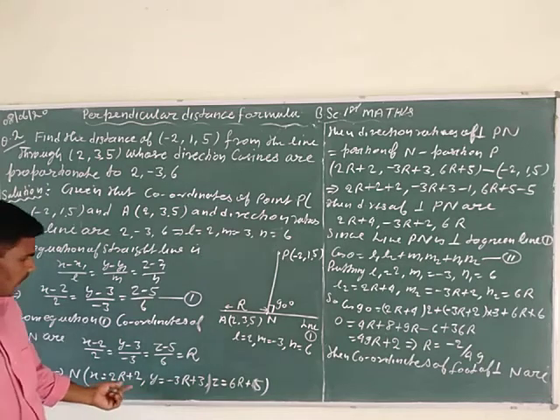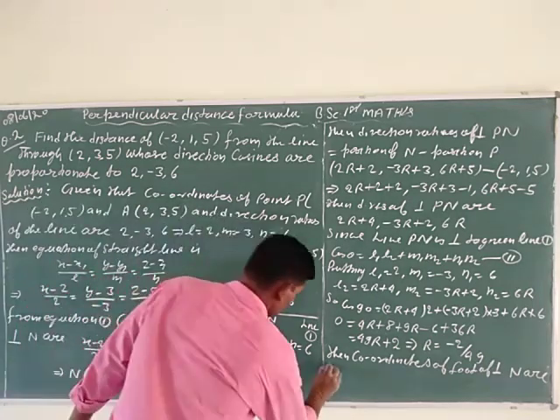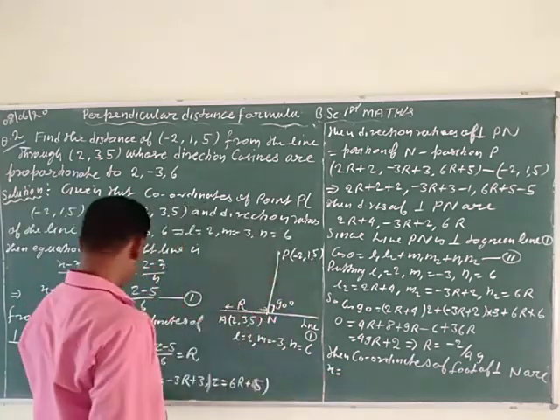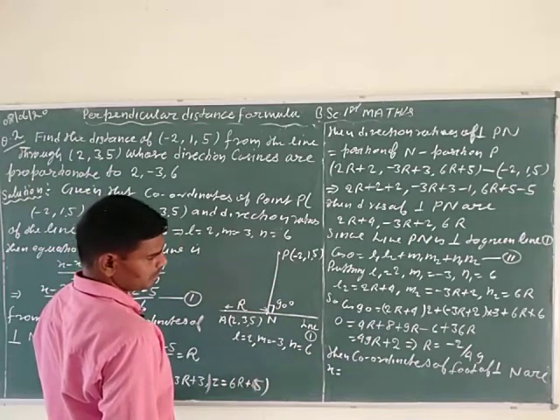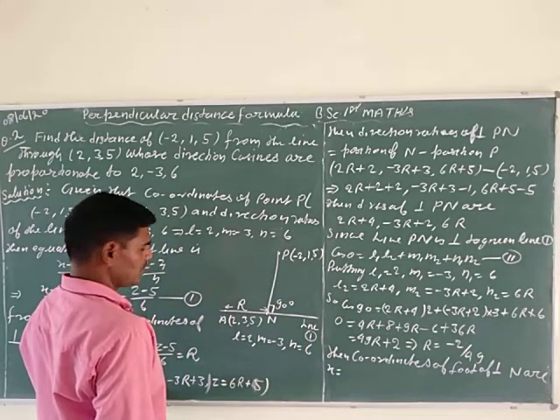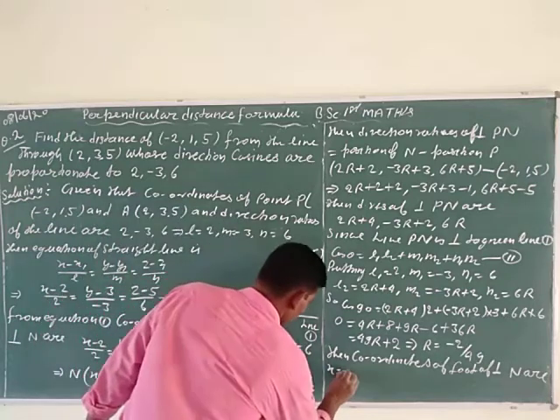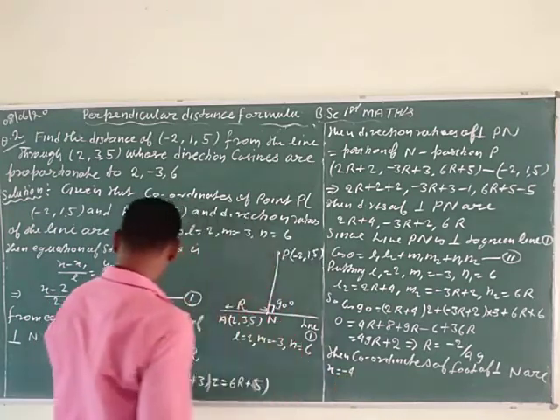So x is equal to 2r plus 2, r is equal to -2 by 49, 2 multiply is equal to -4 plus 2,